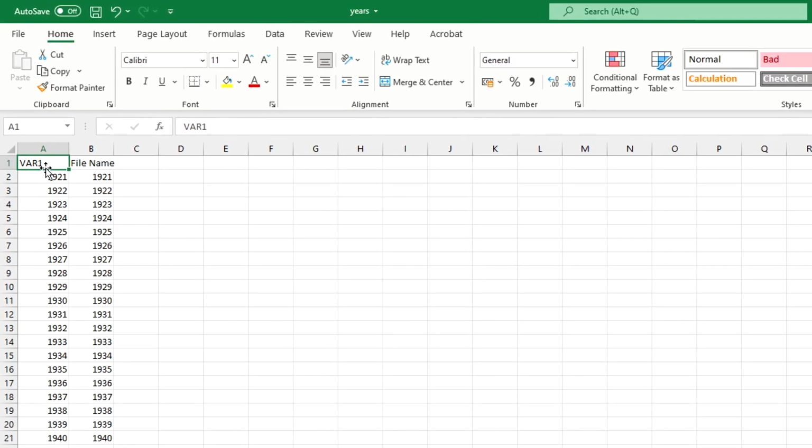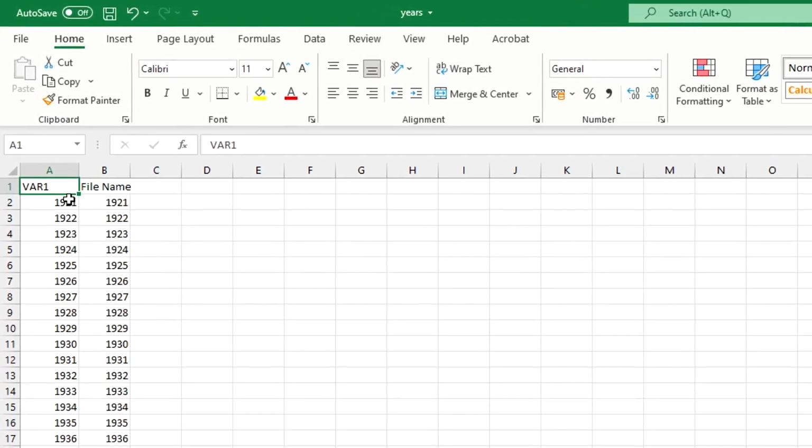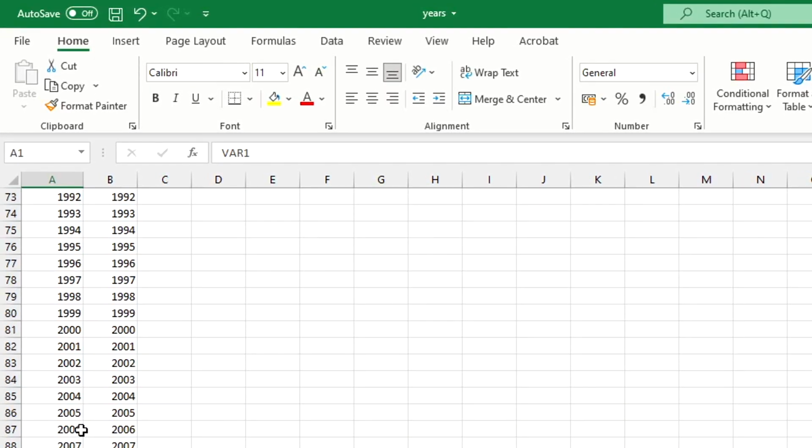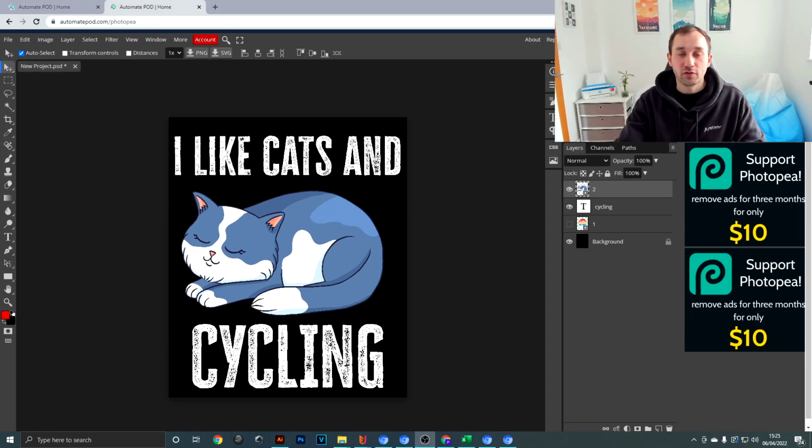This is the first column called VAR1, all in capitals. That's what it has to match, and it has all the years one after another. You can change any of these and have the designs customized in that way, as long as VAR1 and file name stays the same. So the second example I've got for you guys is combining the niche of cats,